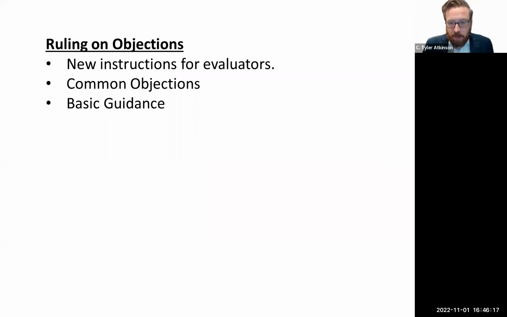We're going to go over some new instructions for evaluators that affect our judges, some common objections, and then close it out. Basic guidance for judges: if you agree with the objection, then it is sustained and they cannot ask the question or present that testimony or offer that exhibit. It won't come into evidence. If you disagree, then the objection is overruled and the attorney can ask the question again, or the witness can answer, or the piece of evidence comes into